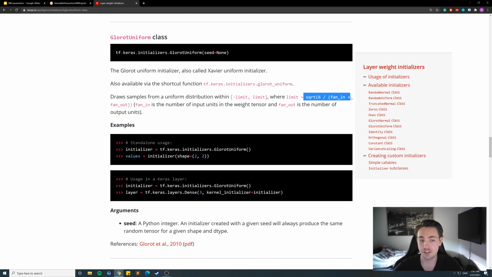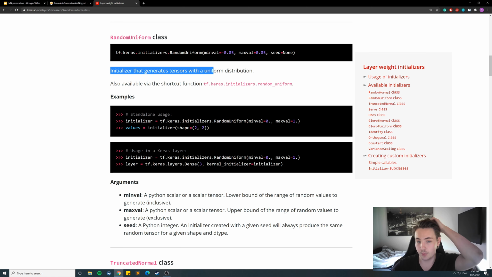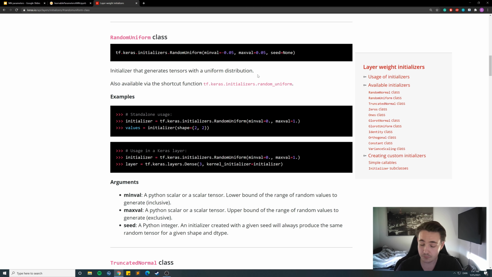This formula is just derived from experience, and it yields really good results compared to using, for example, a regular uniform distribution where we just have a random number. If we go up to this RandomUniform class here, we can see that it's an initializer that generates tensors with a uniform distribution, and we just give it a minimum and a maximum, and then it returns a random number from that, instead of the calculated interval that we had down here